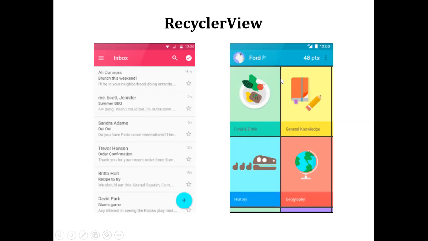You can take the example of the Facebook application, where different posts are displayed in linear fashion one by one. Similarly, in the WhatsApp application, different messages are displayed one after another in linear fashion. All such applications can be designed by using recycler views.